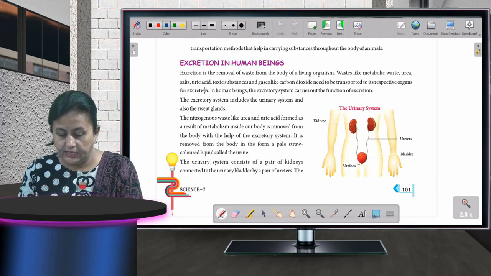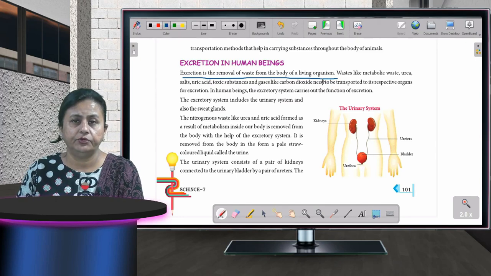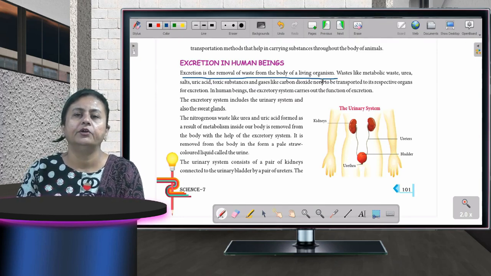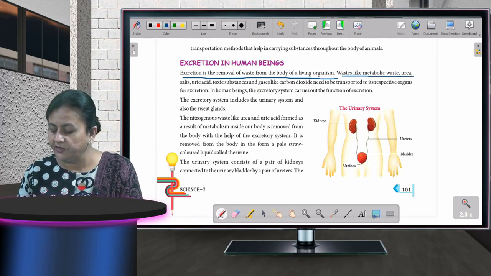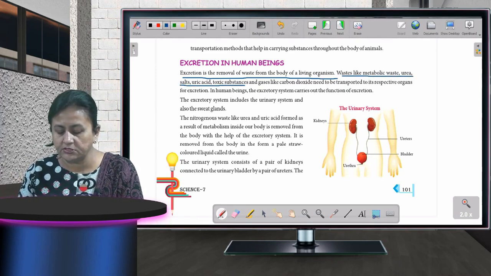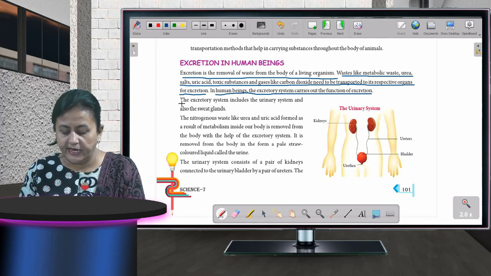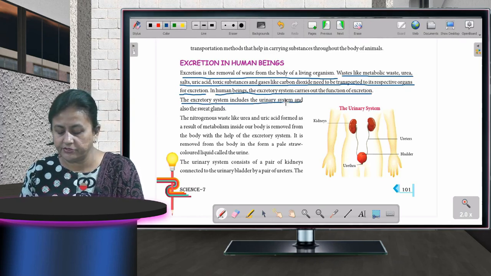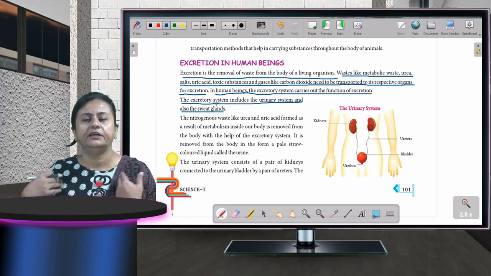Excretion is the removal of waste from the body of a living organism. That I have told you. What is excretion? Removal of the unwanted food or the leftover food. Waste like metabolic waste, urea, salts, uric acid, toxic substances and gases like carbon dioxide needs to be transported to its respective organs for excretion. In human beings, the excretory system carries out the function of excretion. The excretory system includes the urinary system and also the sweat glands. Where is it coming from in us? Whatever we are taking inside, how is it